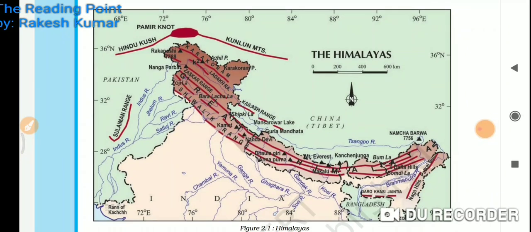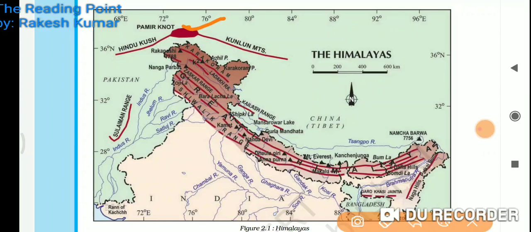Now we are going to start from the northern mountains, that is, the Himalayan mountains. From the map you can see the Himalaya is situated on the northern side of India. So let us start from the Pamir Knot. Due to its great height, the Pamir Knot is known as the roof of the world, and several mountain ranges run in all directions from this knot. No matter, we are going to study the Himalayas, so we shall come to the Himalayas.